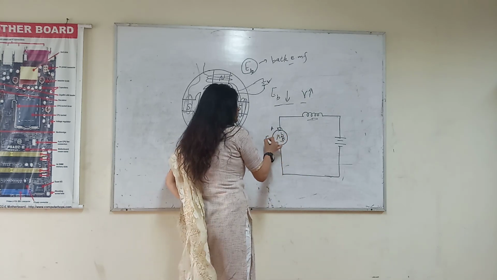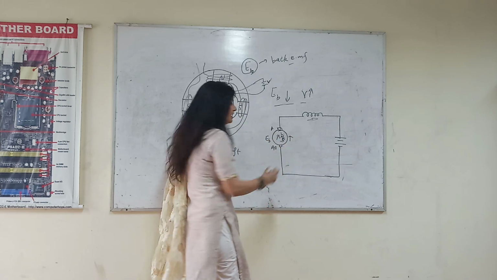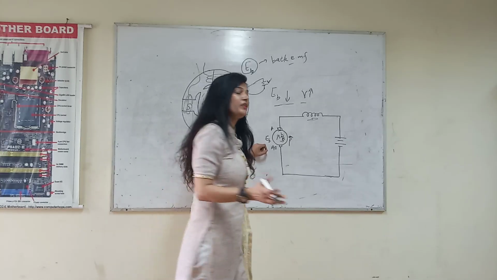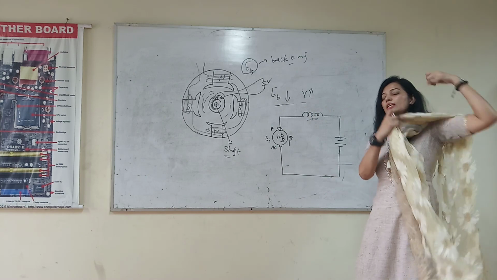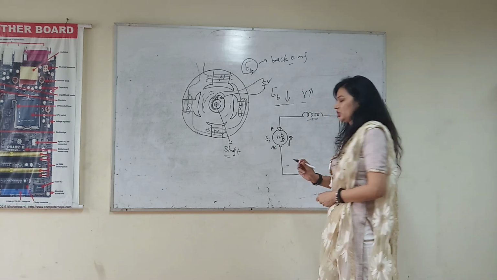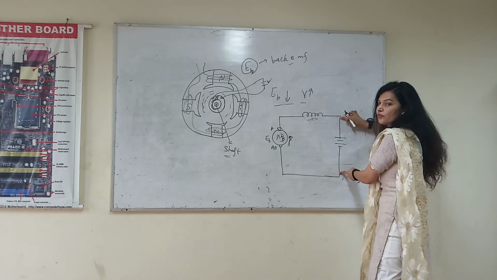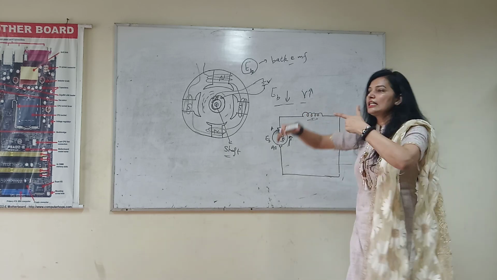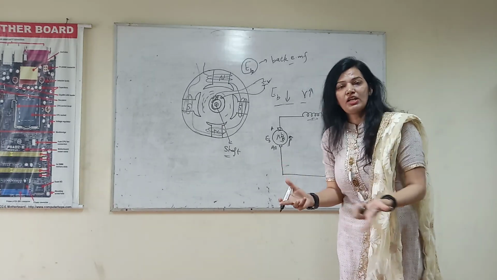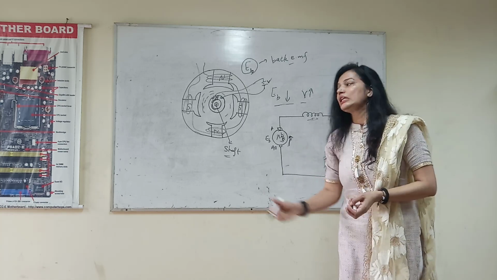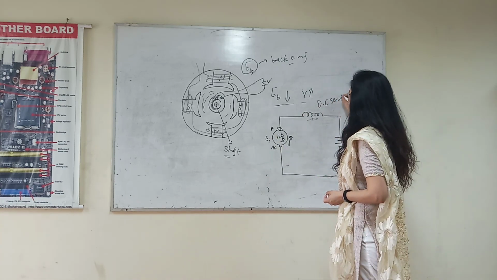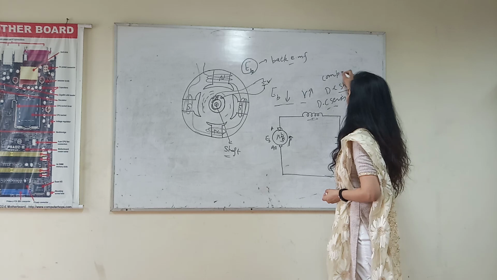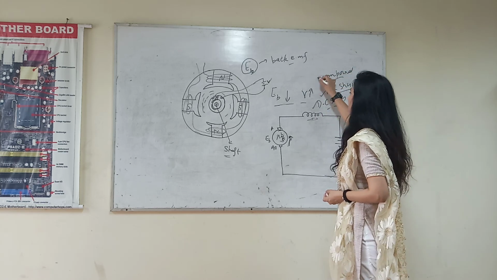The direction of the EMF induced here we show like this. The EMF induced in the armature when it rotates in the magnetic field, cutting the magnetic field with the armature conductor, produces EMF. The EMF induced will be in this direction, and the supply we provide to the armature winding is in the opposite direction. Here there is also a field winding. We will discuss in our next chapter the types of DC machine. This is the DC series machine, and there is one more, the DC shunt machine, and one more is the compound machine, which is a combination of series and shunt.